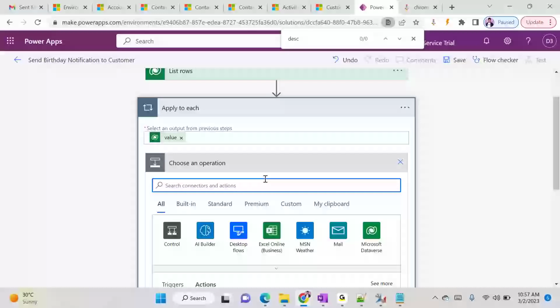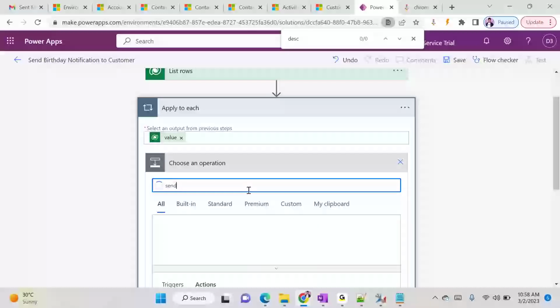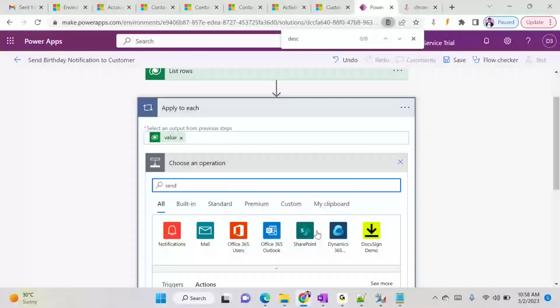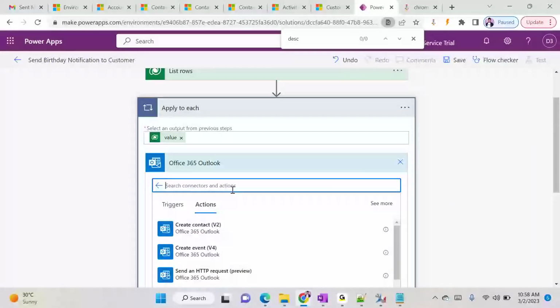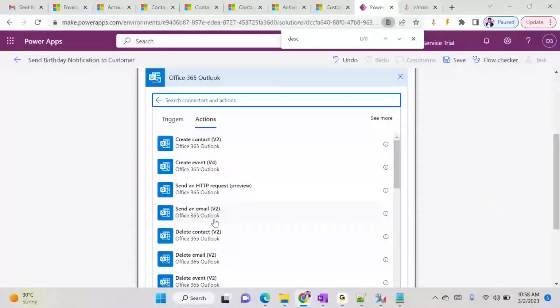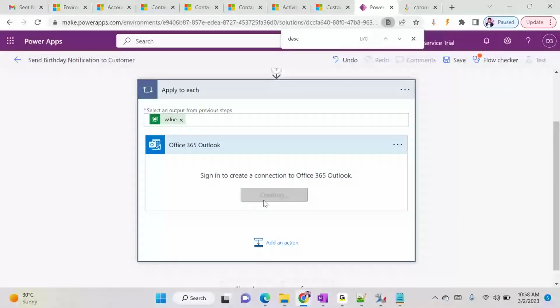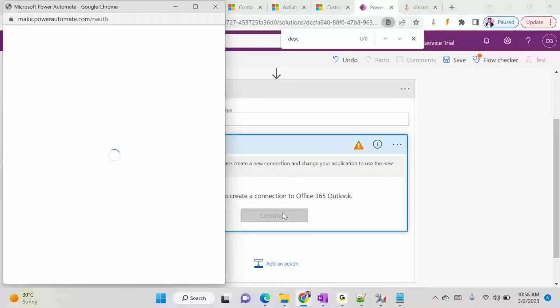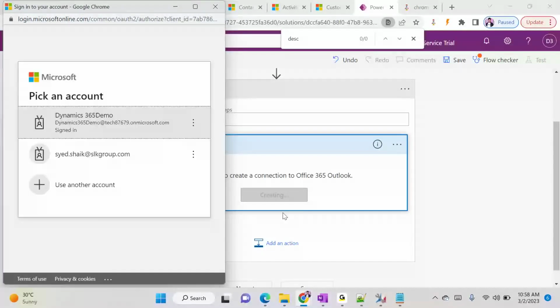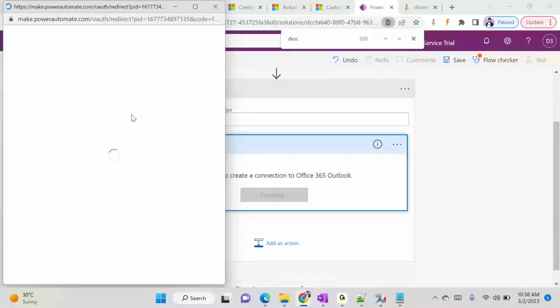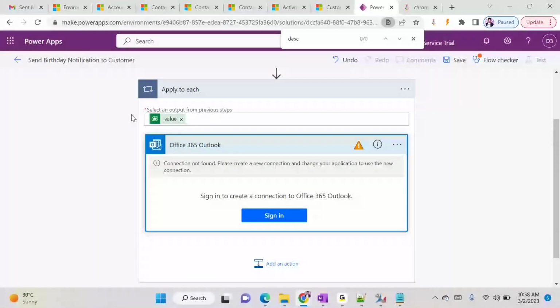Either you can use Outlook, send an email, okay. So if it is not working, then what you'll do,